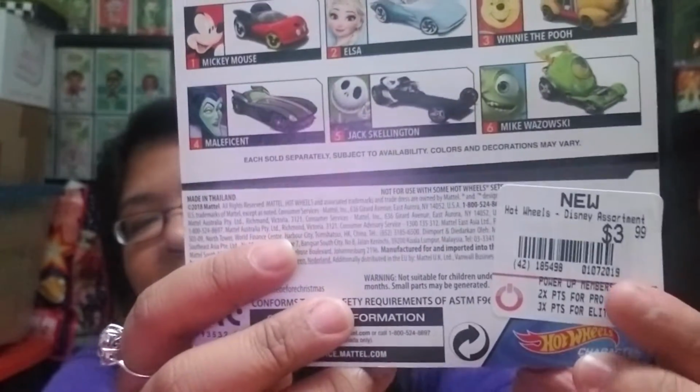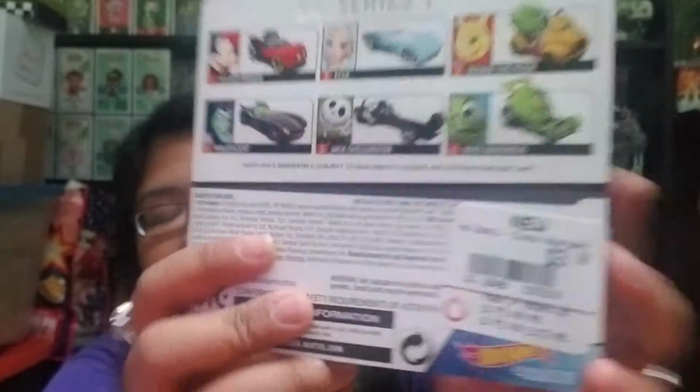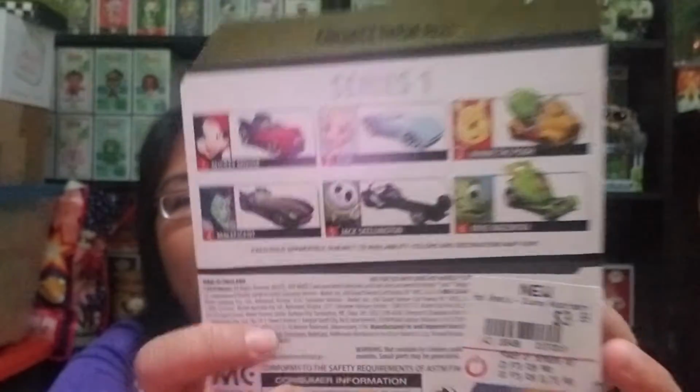And here is the price for it. It was $3.99. Yeah, $3.99. But on Mercari, I would have paid $11, and that included shipping. So I'm really glad that he found it for $4. Yay! So I'm excited. I have yet to figure out how to display my Hot